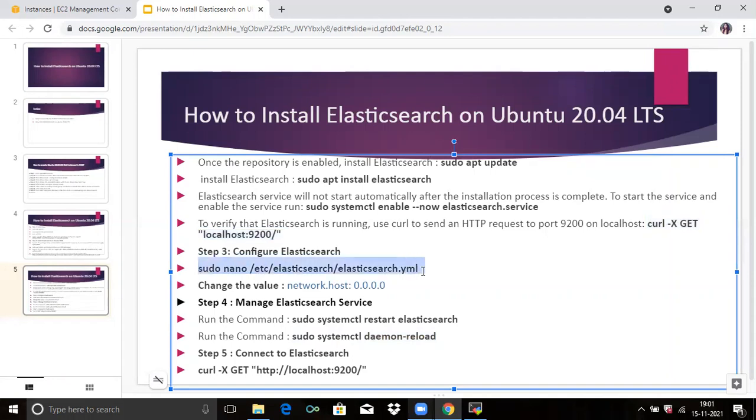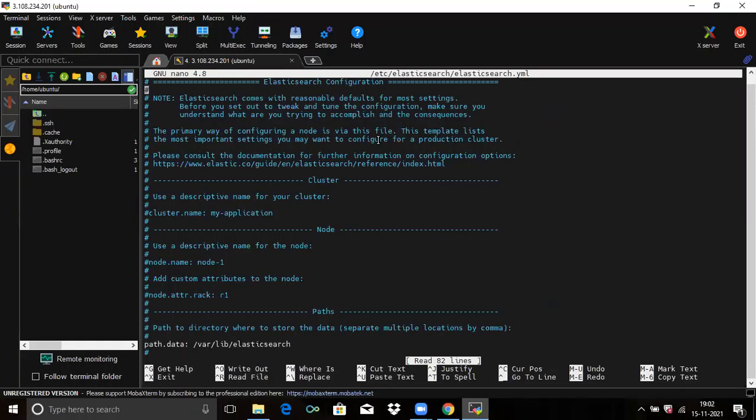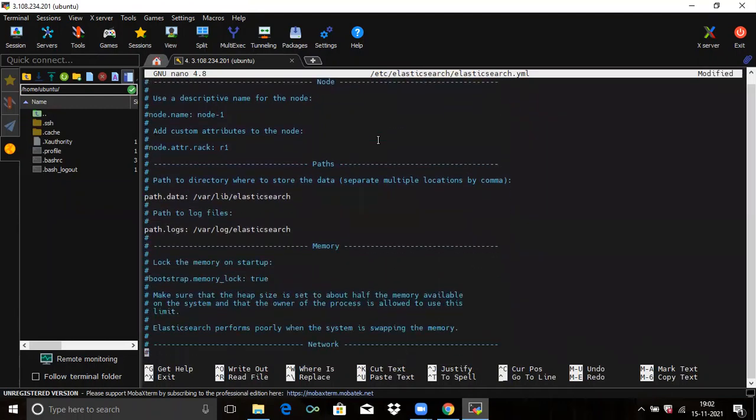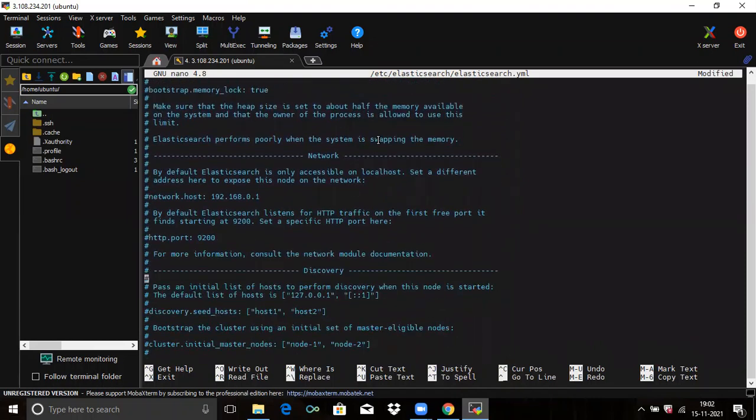Run this command to change the network host. If you scroll down, you can see the cluster name. Then if you scroll down, you can see here the network host.